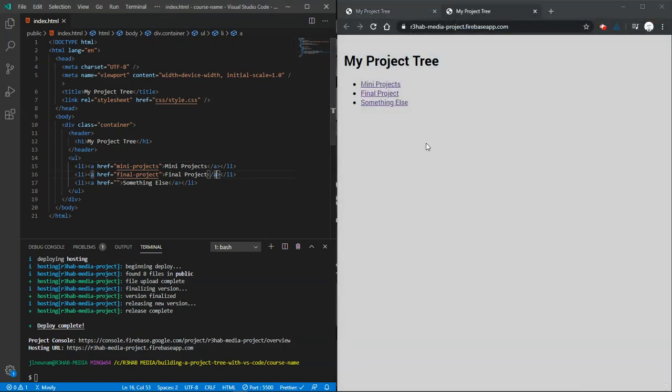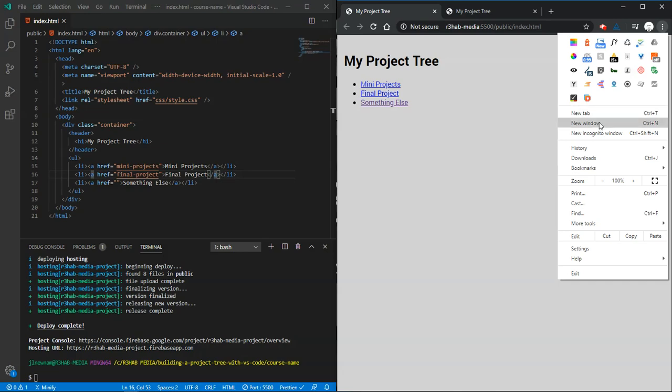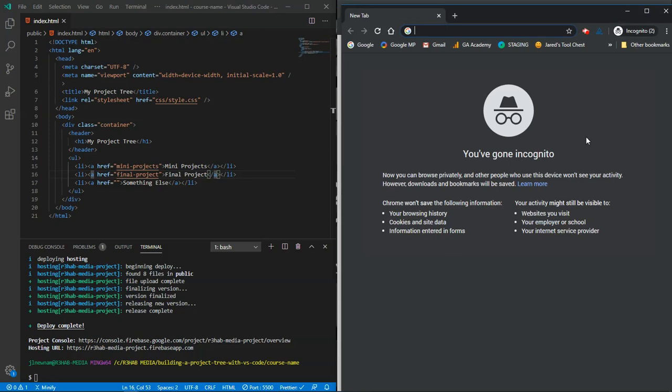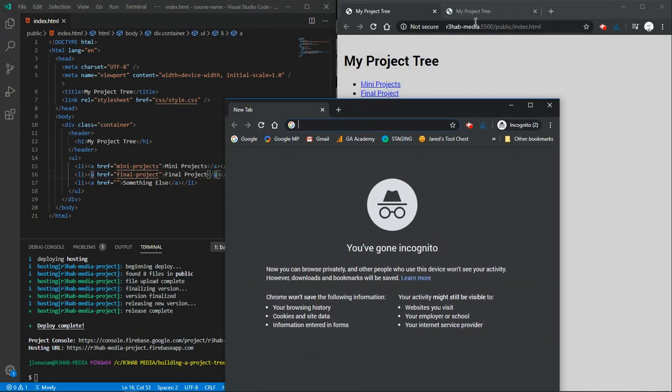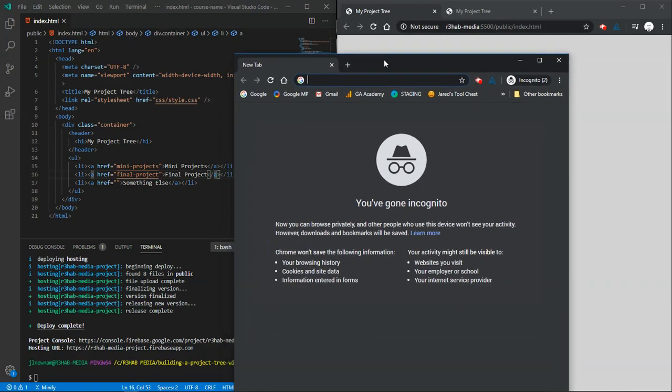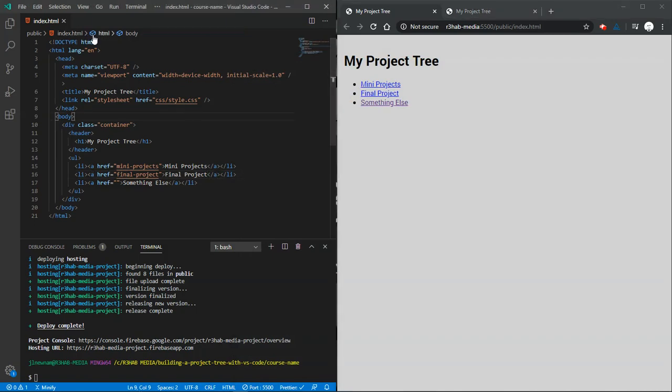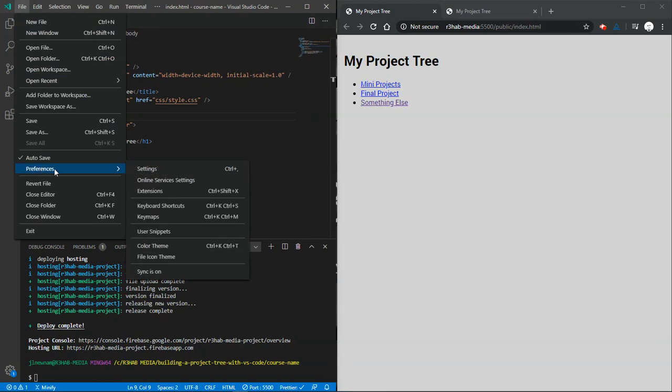And let's say you want to run all of your projects in Live Server out of incognito. Previous to VS Code settings updates, you had to open an incognito window and then paste the link from your development site into here, and then you would have access to developing your site in incognito. However, with an update to settings, you can simply go to Preferences, Settings,